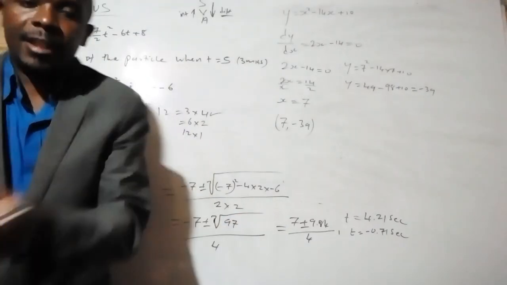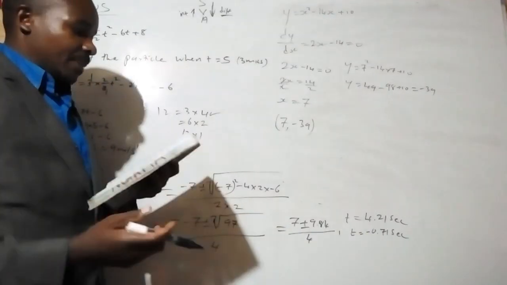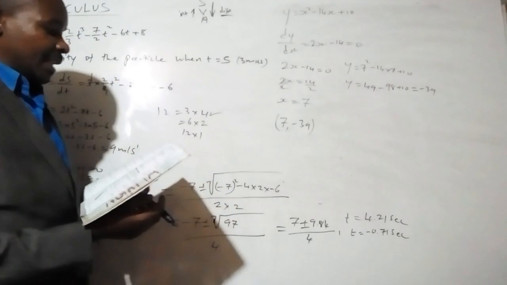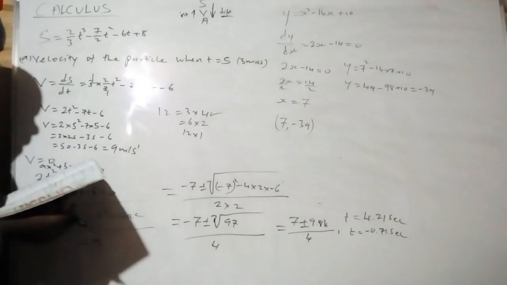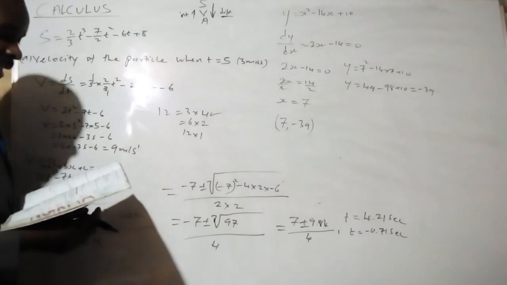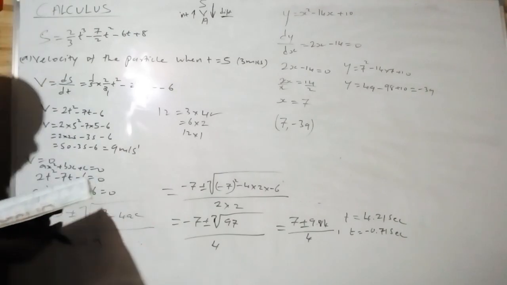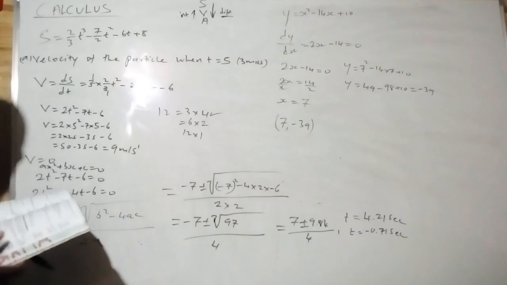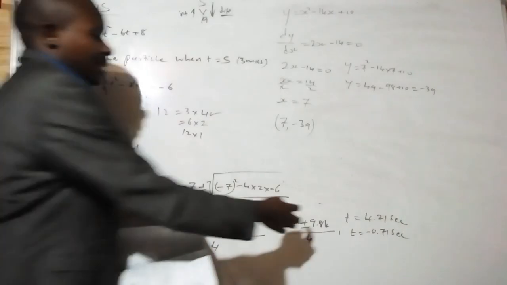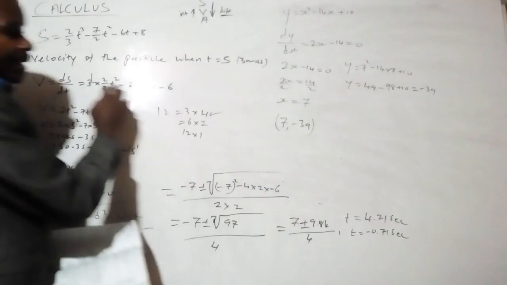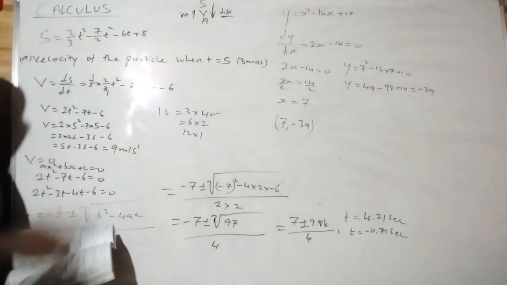Then next, displacement when the particle is momentarily at rest. You are going to take these t's and substitute in this equation to have